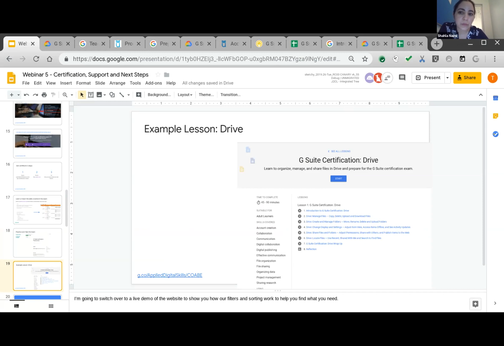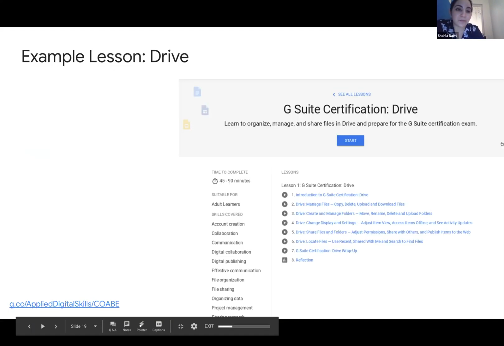So there's sort of two components to that. The first one is understanding where and how the G Suite is being used at all. So to give you an example, here at Google, we almost exclusively use G Suite. I used Google Slides to create this presentation.